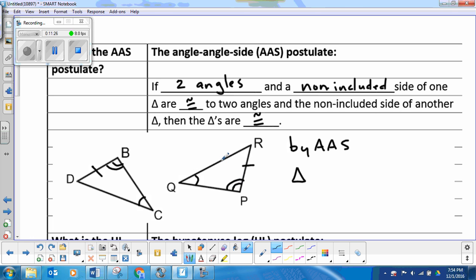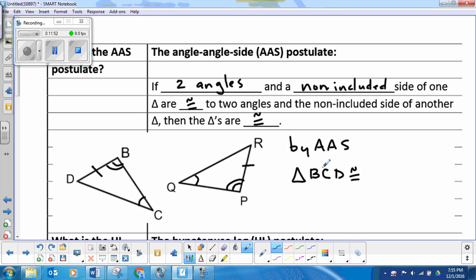Okay, these markings are going to be presented for you unless you have to show you have a vertical angle like we saw in that example. But the goal with this lesson is to be able to see the path of the congruency in the markings and then apply the postulate that you've learned to it. So again, by the angle side postulate, we've got triangle BCD